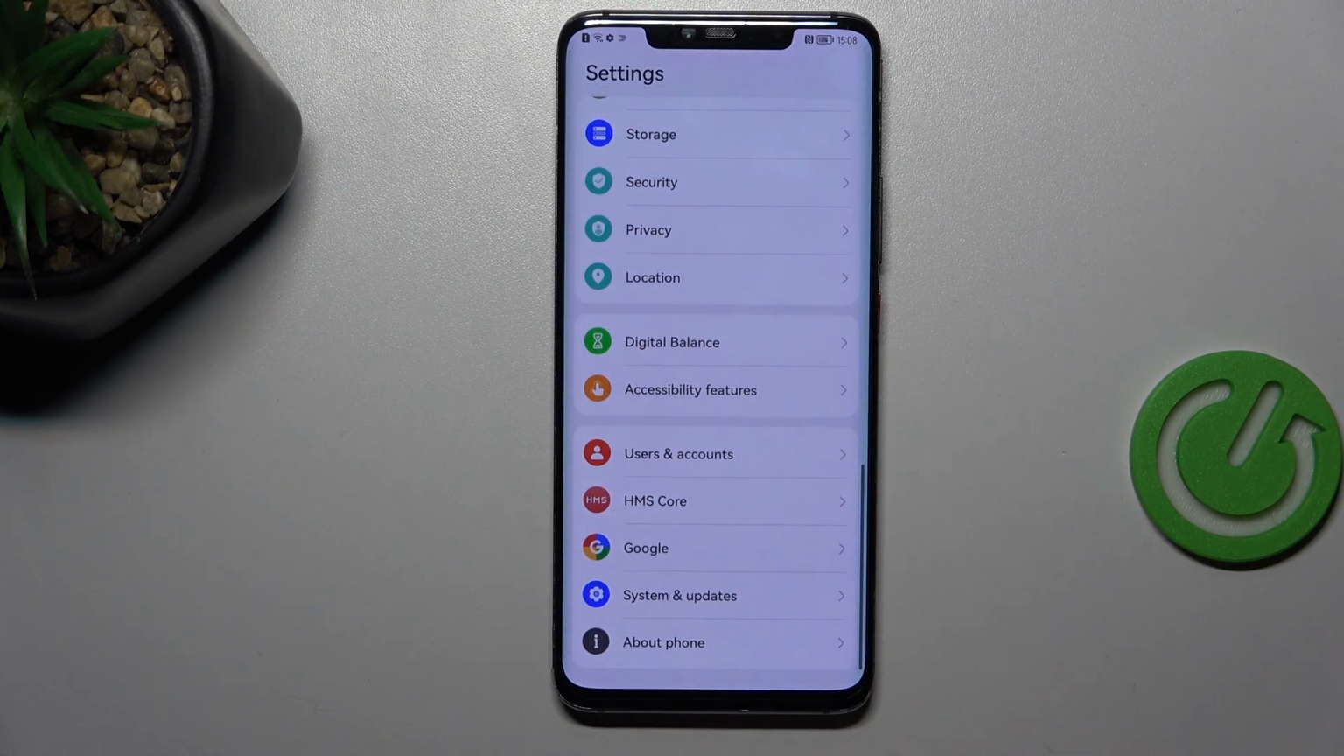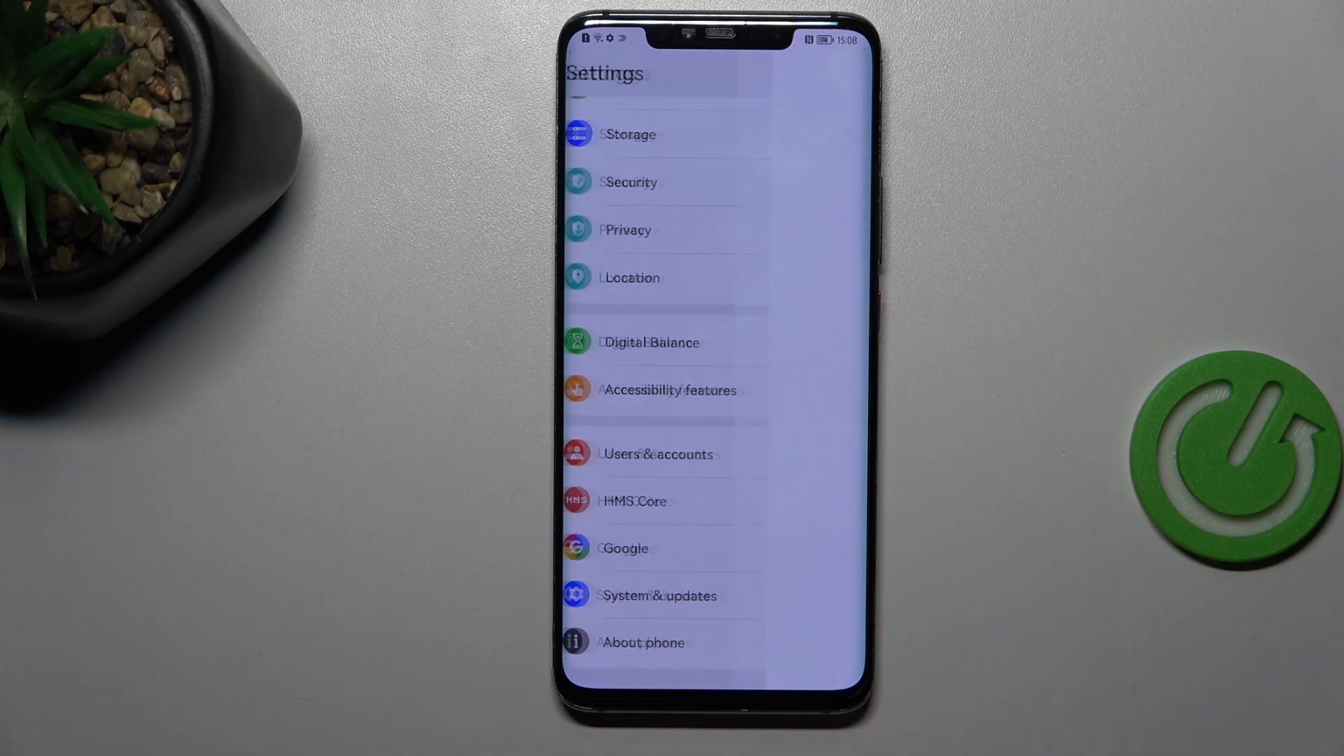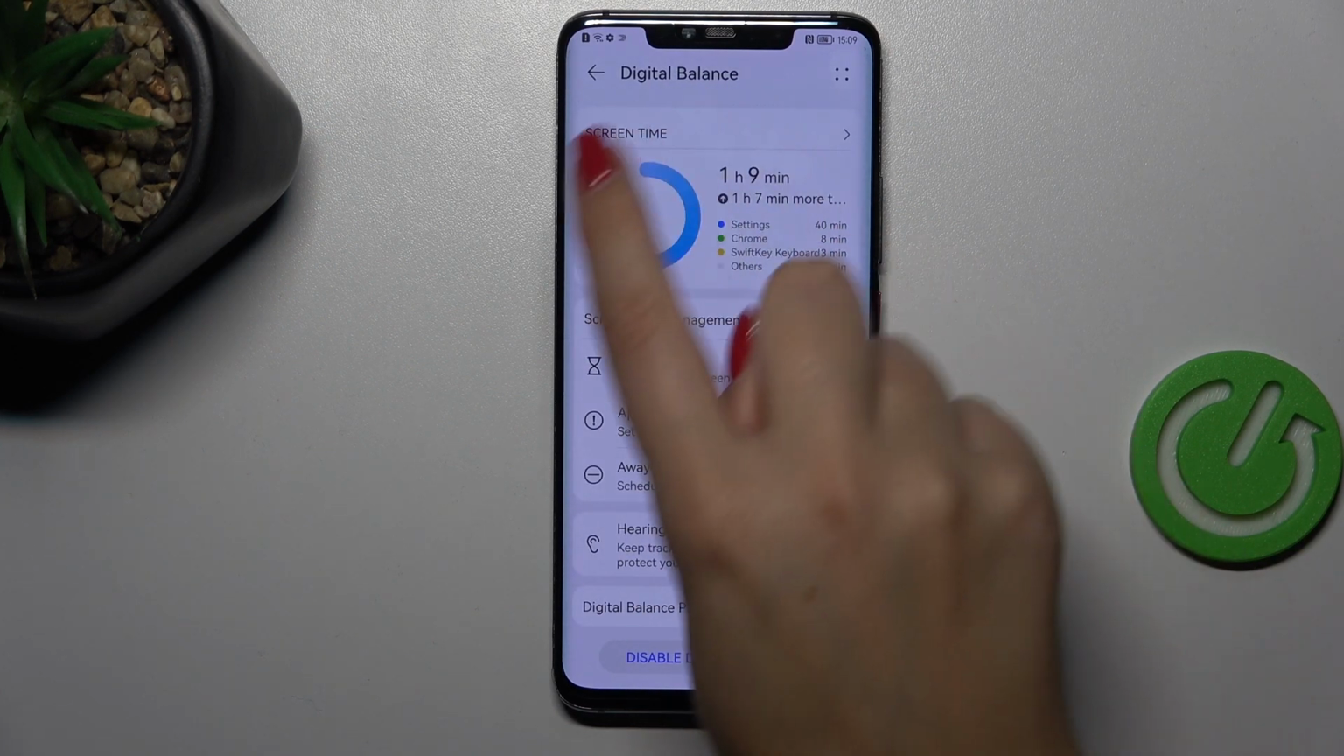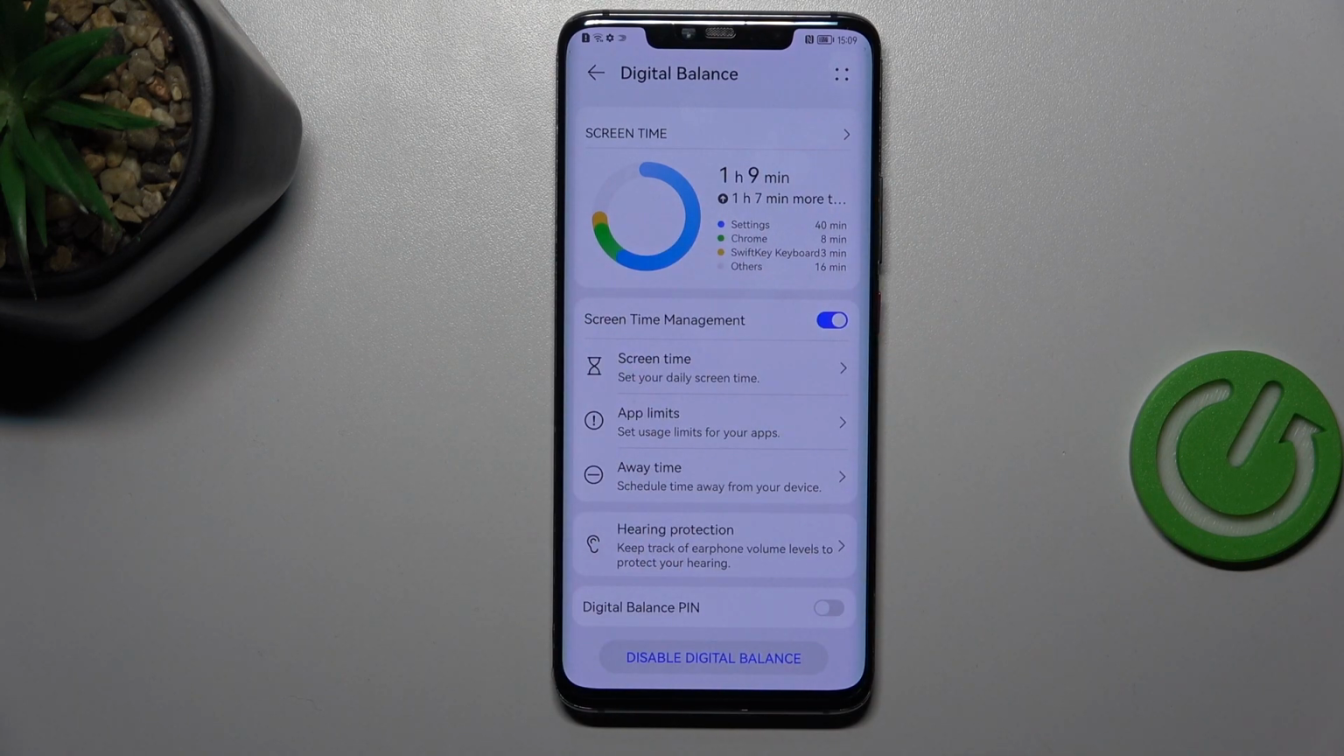So let's start with opening the settings, and here we have to scroll down to the very bottom to find Digital Balance. Let's tap on it. Let's tap on Start. Okay. And as you can see right here, we've got the screen time and the graph, which will show us